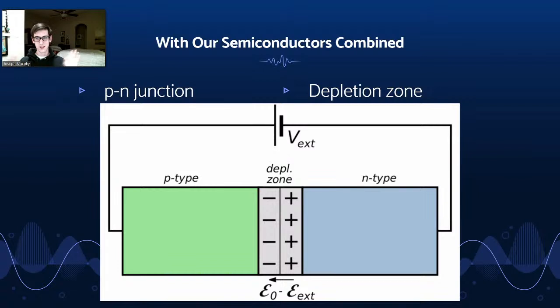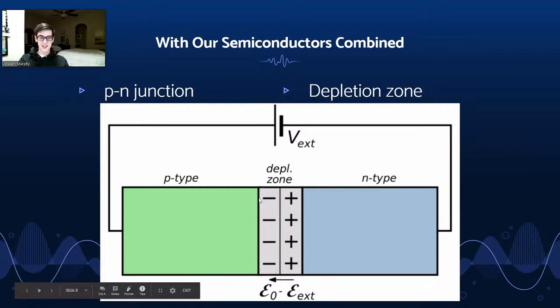They're concentrated in the rest of the semiconductors, but not close to the meeting point between the two. And so now, if an electron tries to jump from n to p, it won't be able to,